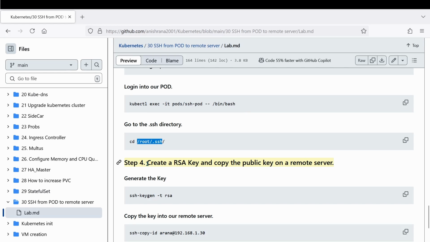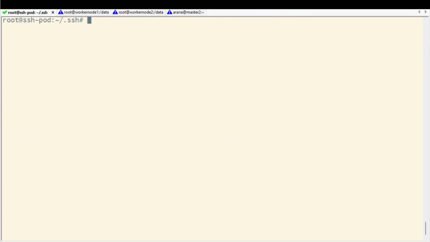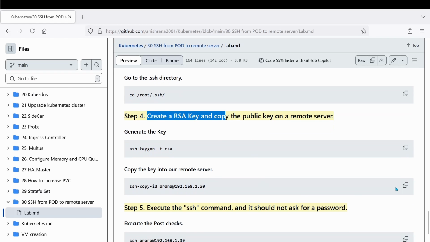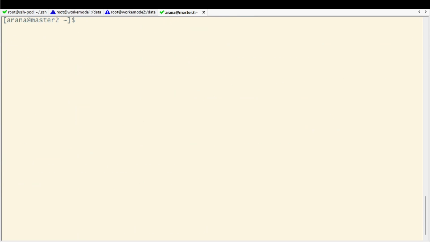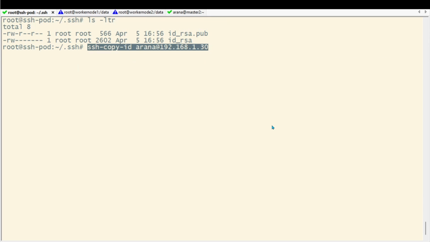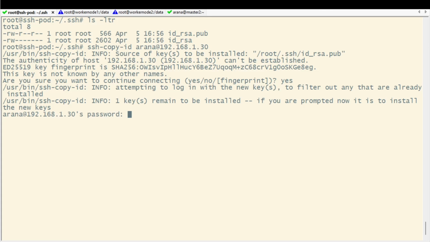and then go to the /root/.ssh directory, and again we are going to create the RSA key. Now if I do ls -ltr, two files are created here. That's great. Let me copy this file to my remote server here. And as of now, if I check this file, I have only one entry, that is the previous container entry, right? Once I execute this command and enter the password,